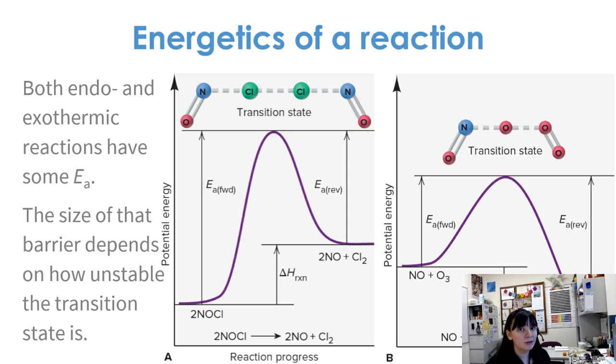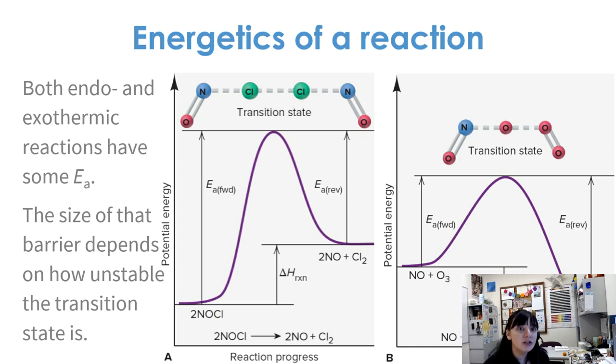Now, exactly how large that hill or that activation energy is depends on how unstable the transition state itself is, right? Some transition states are still relatively stable themselves, so it's a little bit easier to make it over that hill. But for other transition states, in order for our reactant to turn into product, it needs to make a really big jump there. So that would require a higher activation energy and thus a lot more energy to push it